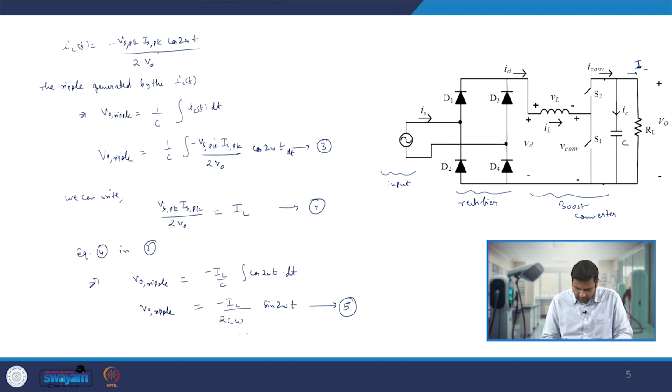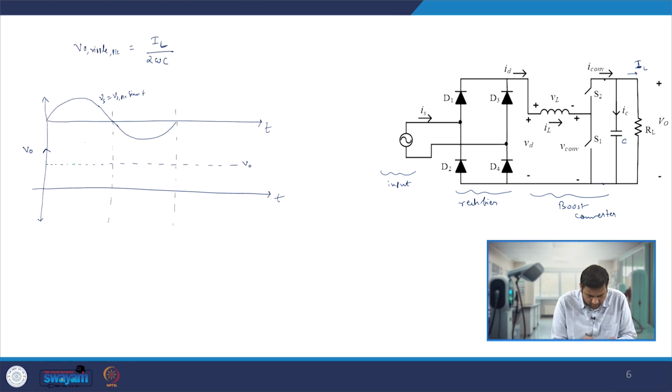If we see from equation number 5, since it has the sine 2 omega t with a negative sign, that means it has a phase which is 180 degrees as that of the actual voltage, so our actual voltage will also have this second line harmonic ripple. Now if you look very carefully, this has a time period which is just T by 2, and this is actually T. And the frequency is nothing but 100 hertz.